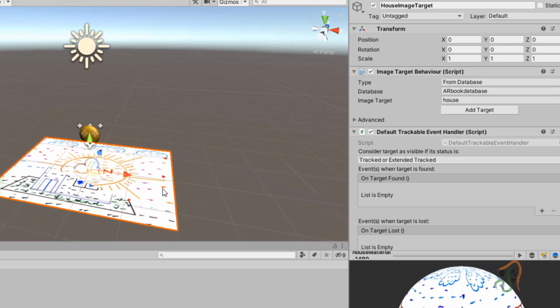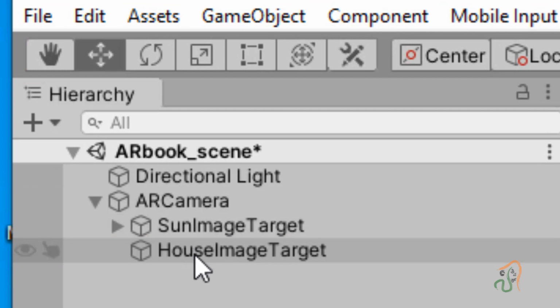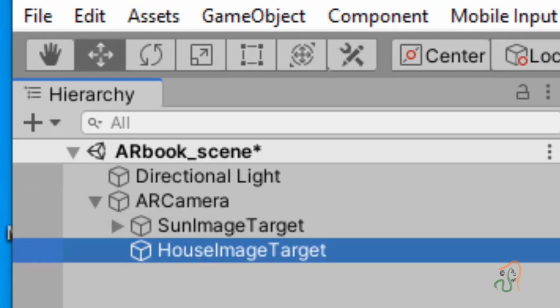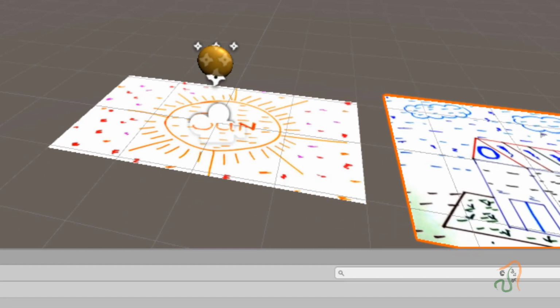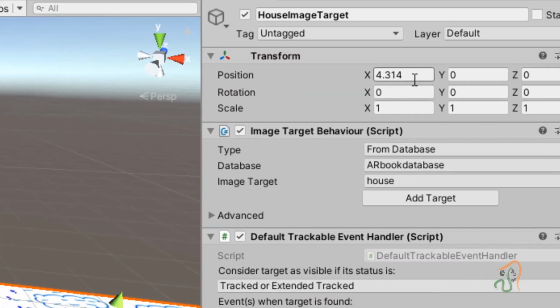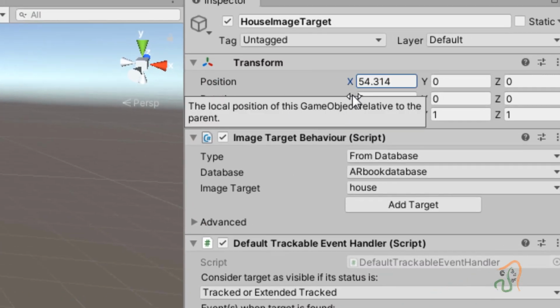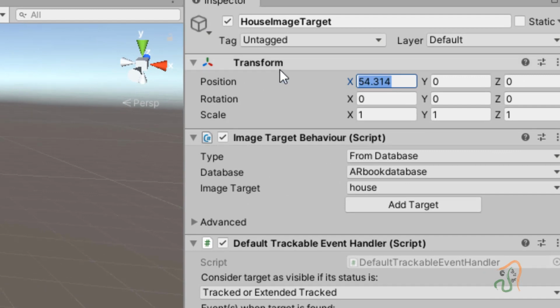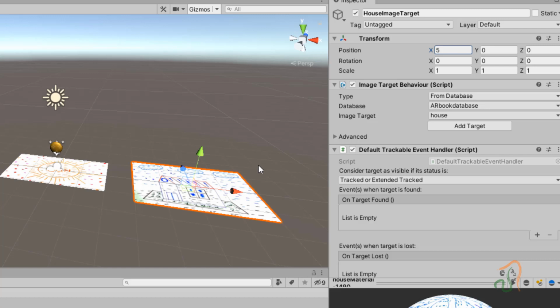That's why we are not able to see it. So select the move tool, select the house image target, and slightly move it to the right. Let us set the x value to 5. This doesn't matter much, just move it to the side, and now we have added the target.